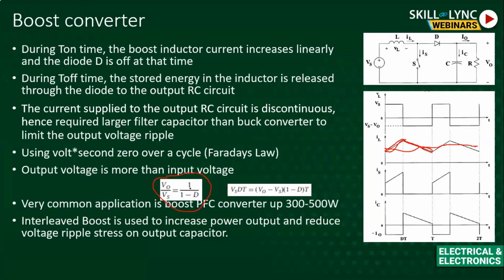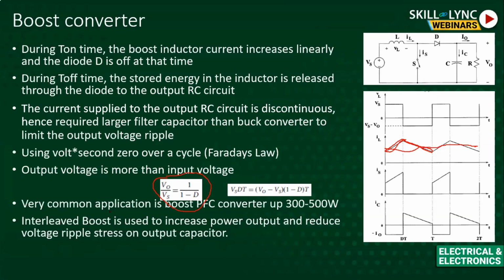But one important thing we should remember: there is a limit on this D also. We cannot go close to 0.95, because at that time it will not be able to deliver the power, since most of the time the switch will be on and only for a very short time it has to pump the power to the secondary. So there is a reality versus the equation. We cannot operate at a very high D.